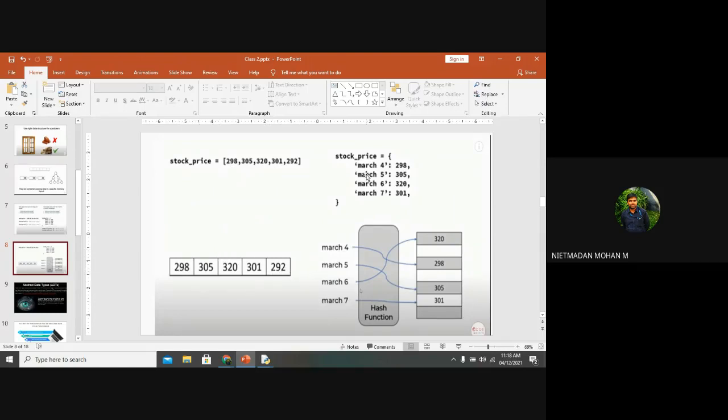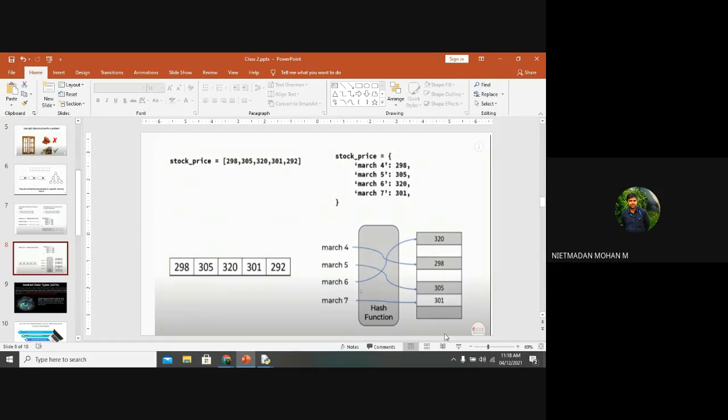And now coming to the dictionary, how the data will be stored in your system or in your application can be accessed by using a hash function. So don't go inside those hash functions. I will explain the hash function in the second and third unit with the programming concept, but the concept is here. The values will be stored randomly in the data types, and whenever you call the March 4 keyword or March 5 keyword, it will directly go to the particular keyword and give you the valuable output that was stored in the particular element.